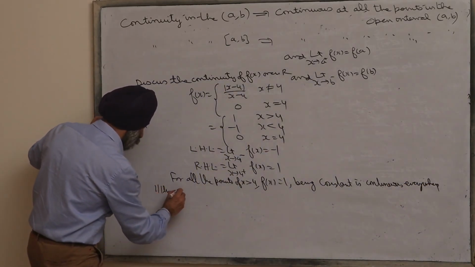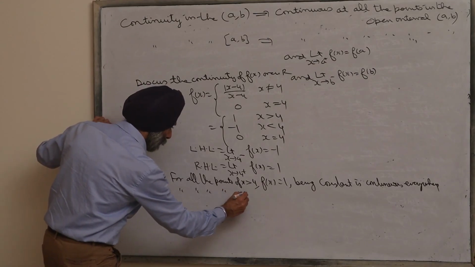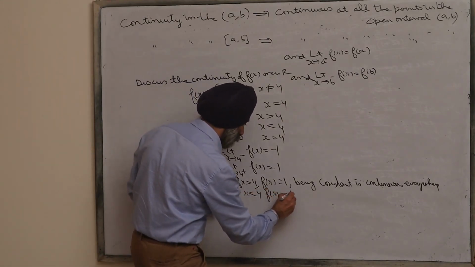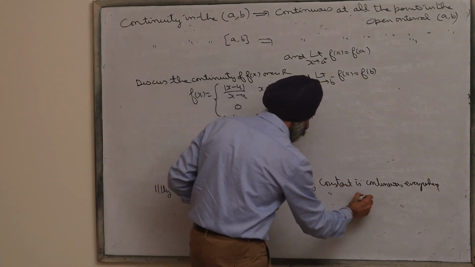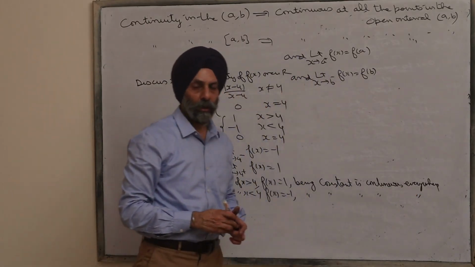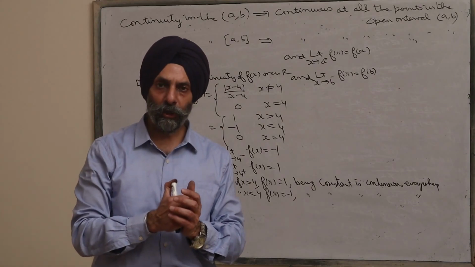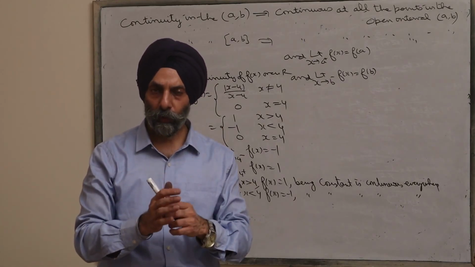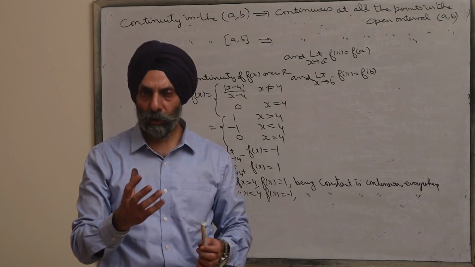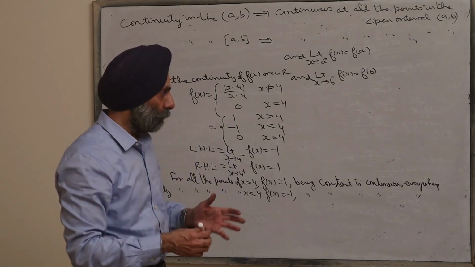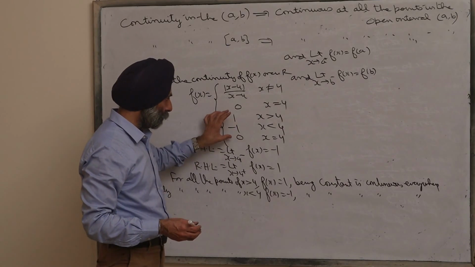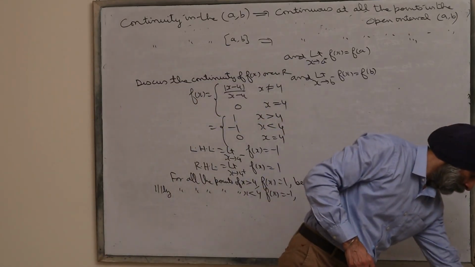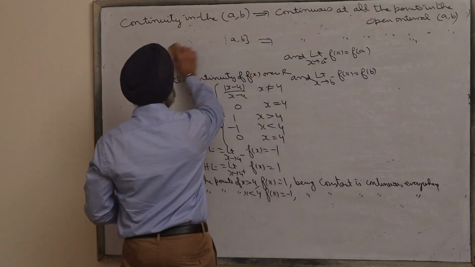Similarly, for all the points of x less than 4, f(x) is equal to minus 1, being constant, is continuous everywhere. So this shows that this function is continuous everywhere except at x equal to 4. The question was to discuss the continuity of the function over the whole of the real line. Now convincingly we can say that this function is continuous everywhere except at x equal to 4. Now next is